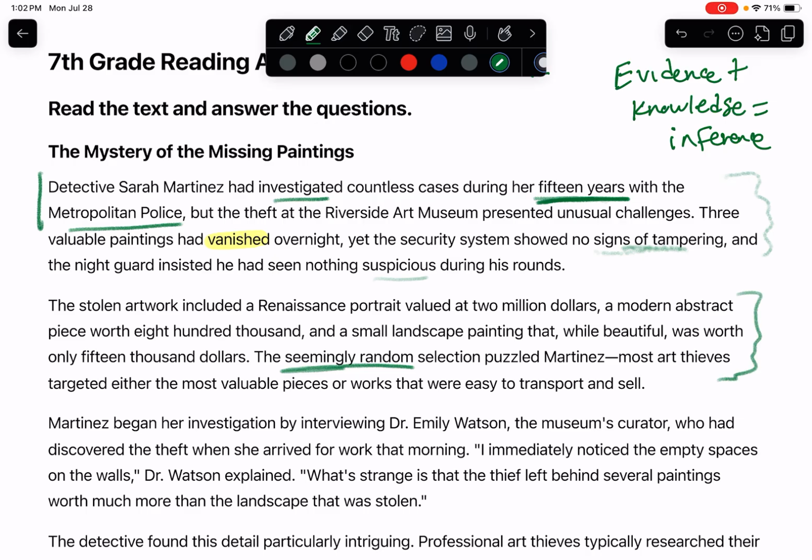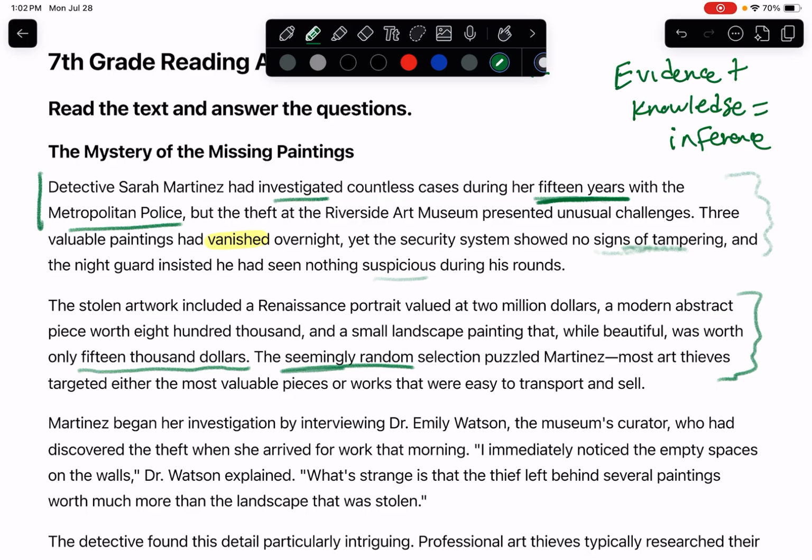There's a Renaissance one, there's a modern one, and there's this landscape painting. So they're all different, and they're all worth a lot of different amounts of money. One is worth $2 million, the other one's worth $800,000, the last one is worth $15,000. So if you're gonna steal, my inference is, if you're gonna steal paintings, you will steal the most expensive ones,